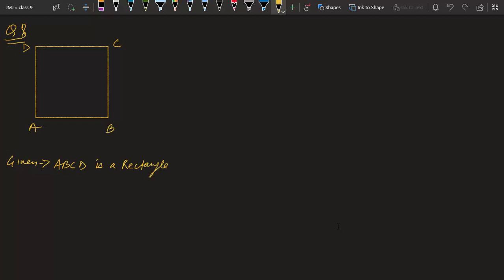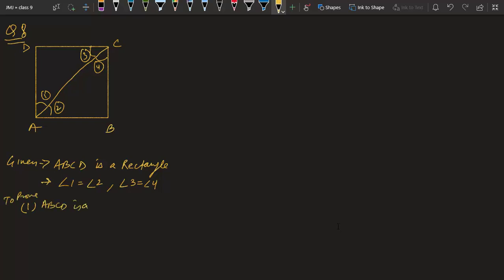Apart from this, they are saying the diagonal AC bisects angle A as well as angle C, the same thing that we are saying for the last some time. So AC is bisecting angle A and C, that means these angles are equal. These 1, 2, 3, 4. We have seen this thing has helped us a lot in proving all sides equal. So angle 1 equal to angle 2 given to us, angle 3 equal to angle 4 given to us.